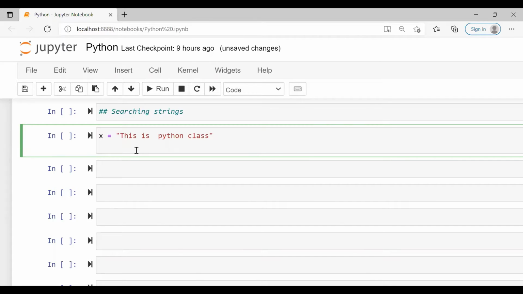So the first method is endswith. So x.endswith. This is a method which will return true if the string ends with a substring. So this is the string I have taken. This is "Python class" as a string. Now I will search with a substring. Suppose I give S,